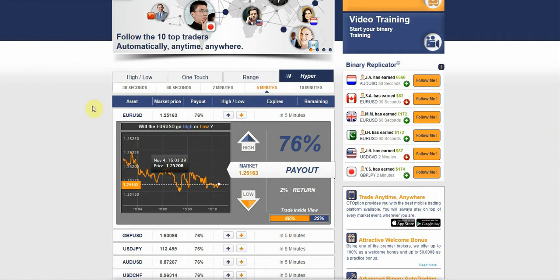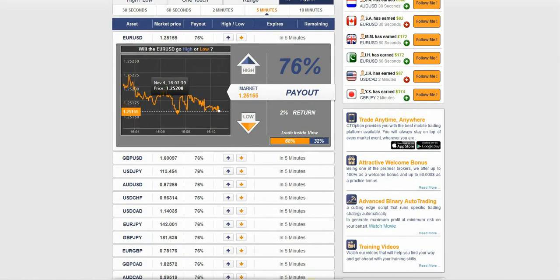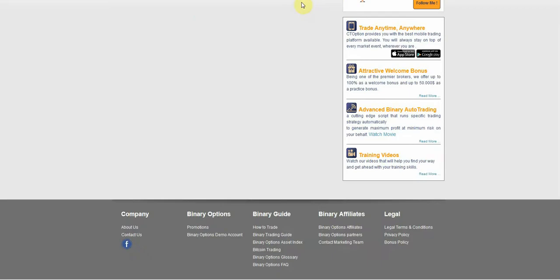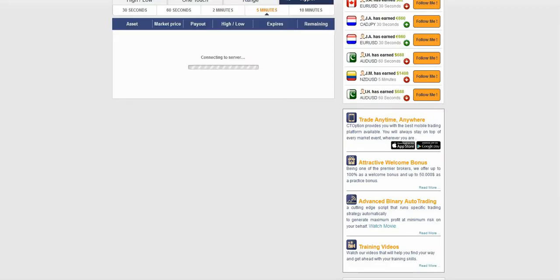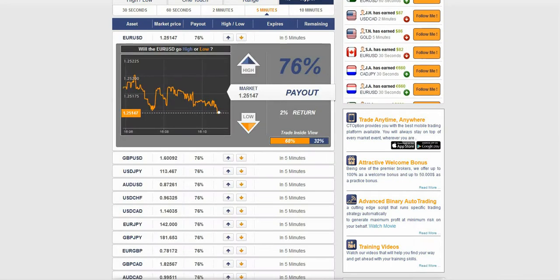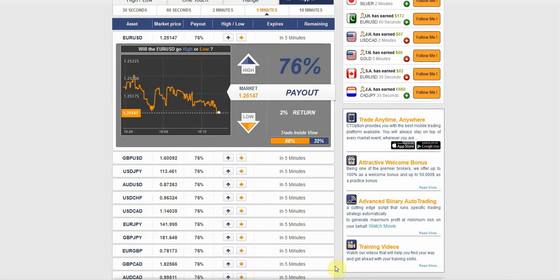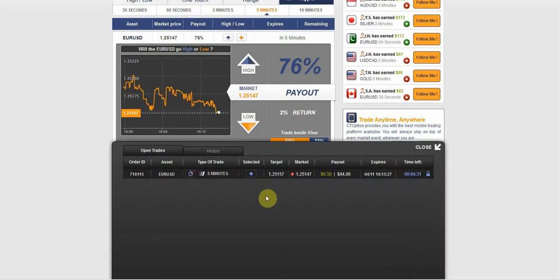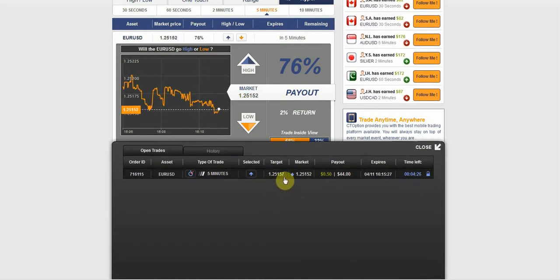Alright guys, we have a Euro US dollar 5-minute call. It's back up 6 pivots, 4 pivots, 3 pivots. Let me bring this up real quick, 1 second. The Euro US dollar 5-minute call at 150 is currently 7 pivots, 1 pip lower. Euro US dollar 5-minute call at 150. Alright, I got in at 157. Currently price is at 160.